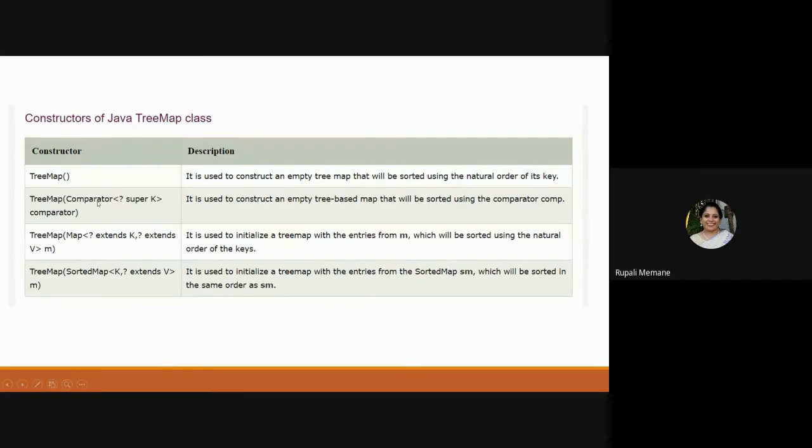And then the third constructor is where I can create a TreeMap based on an existing HashMap or LinkedHashMap, and I can add it in the TreeMap. So basically I need to pass all the entries from m, which will be sorted using the natural order. So let's say I have created a HashMap with all the students. Initially, at the beginning of the term, I have the students along with the roll numbers. I create a HashMap collection, and later on I want to display the result based on the marks.